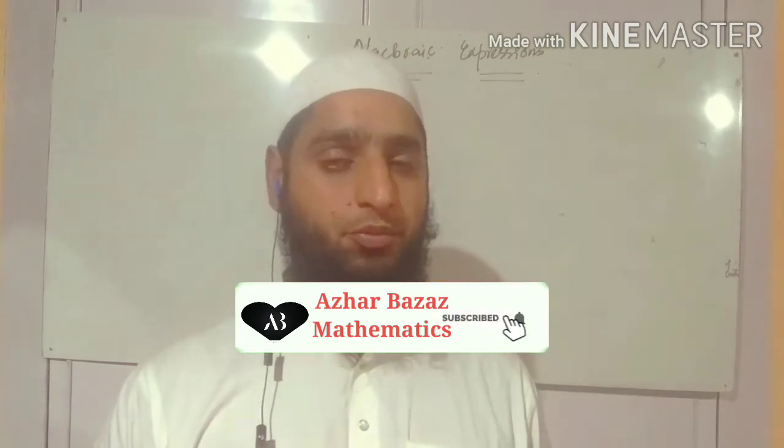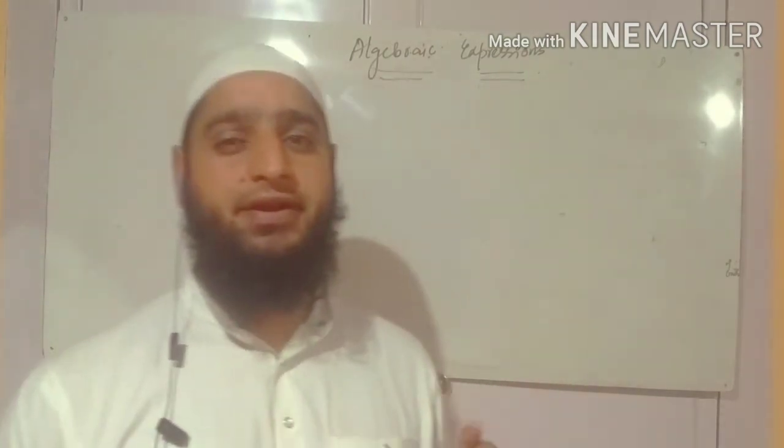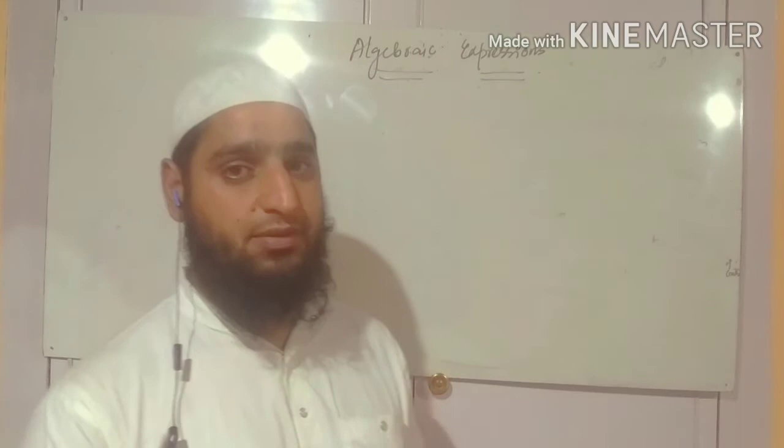I showed you graphically what is algebra, what is a variable, what is a constant, what are the coefficients, and what are the terms. Here I will give you a brief outcome of what I have shown you graphically. Now I will repeat it here a little bit. For example,